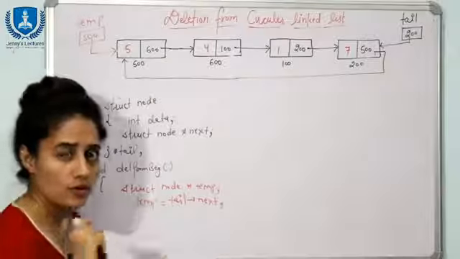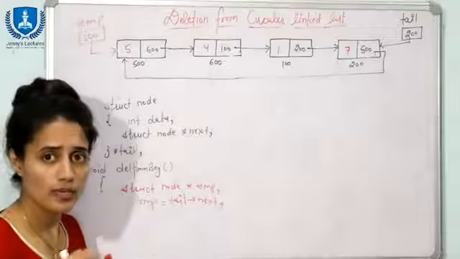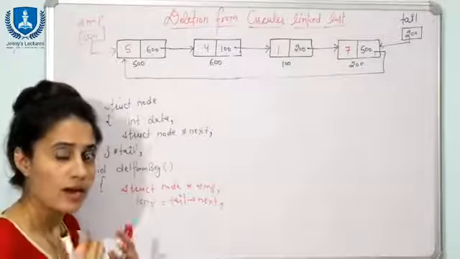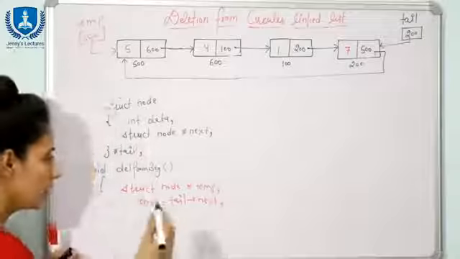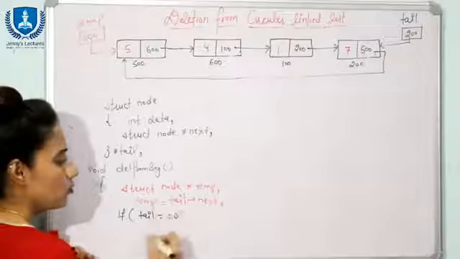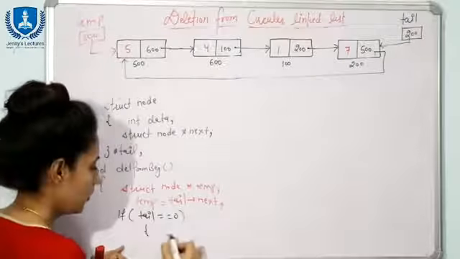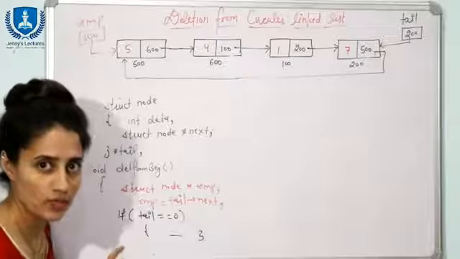Fine. Now first of all you will check if the list is empty, then you cannot delete anything. Fine. And how you will check that thing? So you will write an if condition. If tail is equal to null, we don't have anything in the list, right? So here you can write list is empty, you can print that thing.